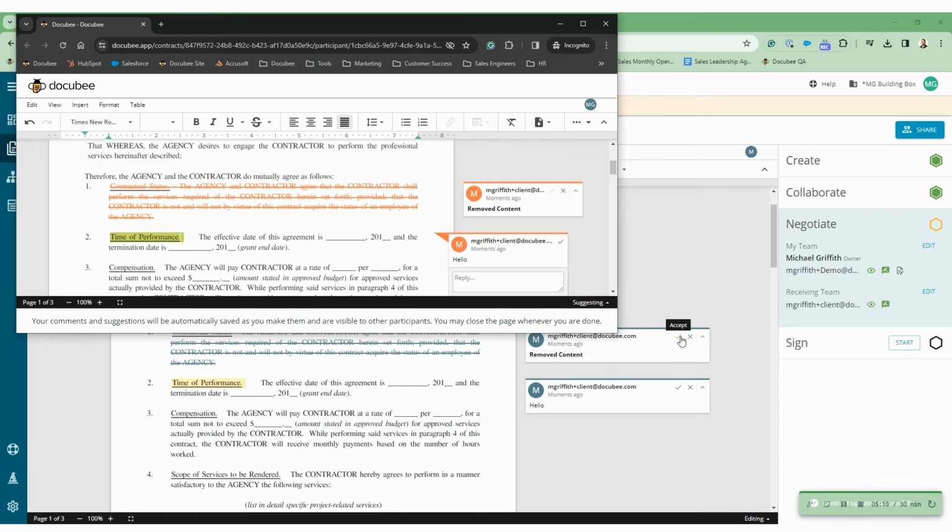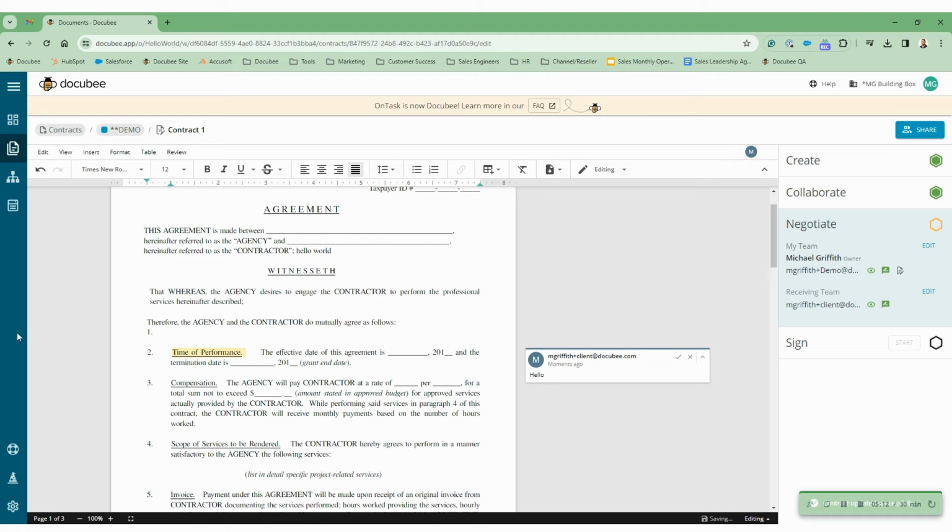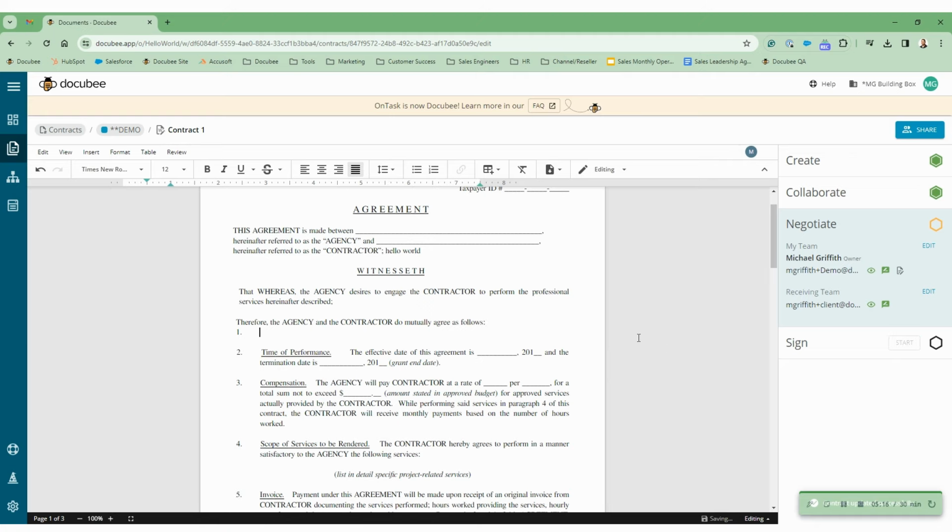I'm going to go ahead and accept this one to delete this paragraph. Upon acceptance, we see it removes itself. I'm also going to resolve this comment. Now that all items have been resolved or accepted, our negotiation phase is complete, and we're going to move on